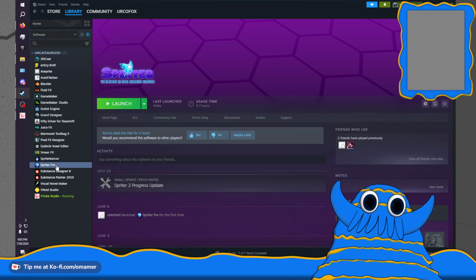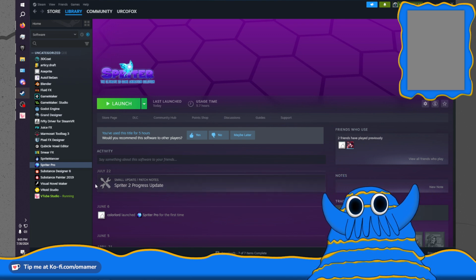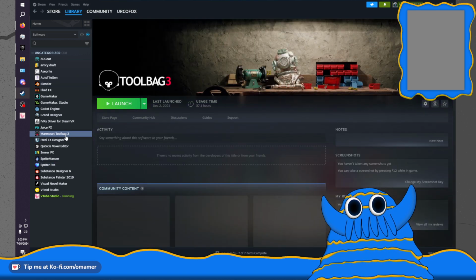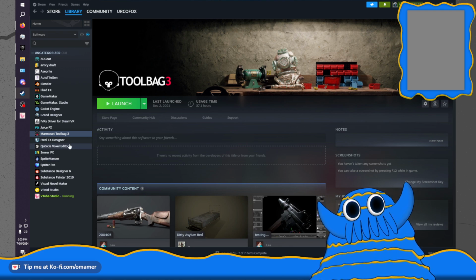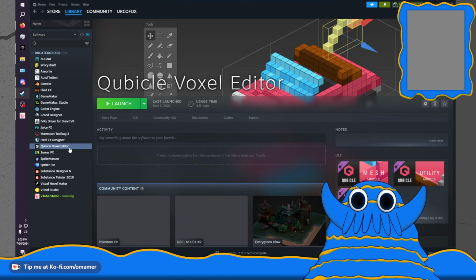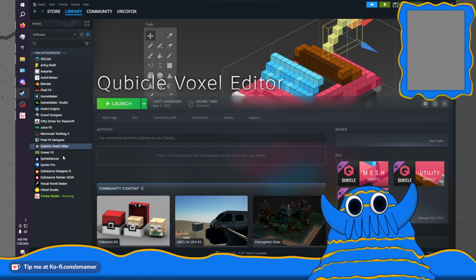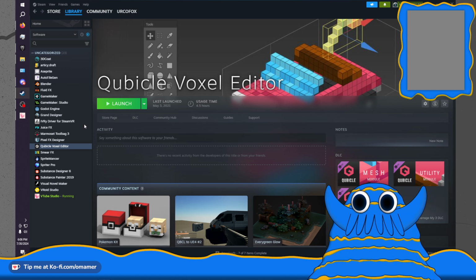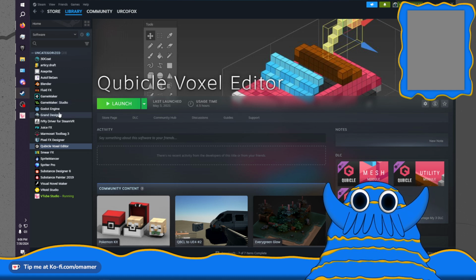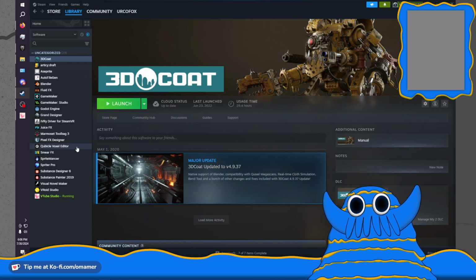Spriter, this piece of software is very similar to Moho, except it's actually geared towards video games. This is an old version of Marmoset, but it's all I got. I think I used to do streams in this program, but it's kind of a cool piece of software. It's just not super duper powerful. These are both voxel editing programs, 3D Coat and Cubicle.